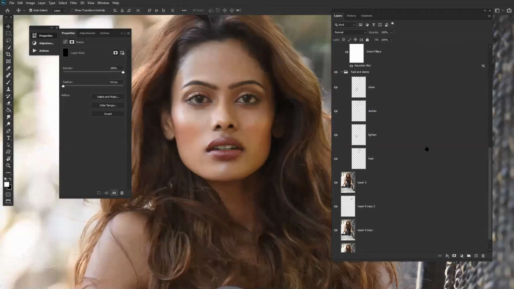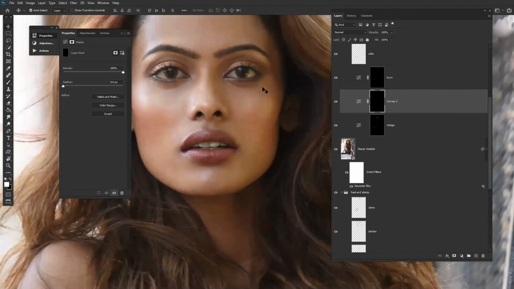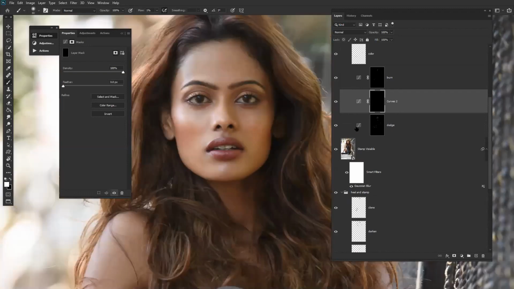So now let's do the burn part. See, now if I go with a proper burn, here I burn it out, here I burn it out. Now see, there is an uneven match. I have to dodge this out to match this. This color shift, in the next part, which is the frequency separation part, we will try to balance out, not with the dodge and burn.